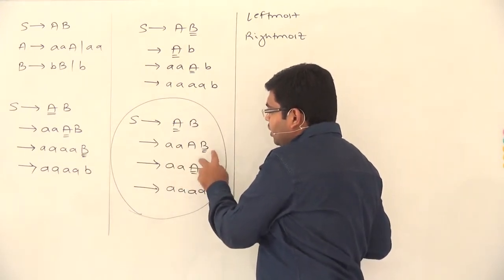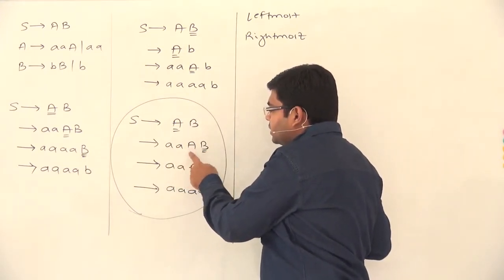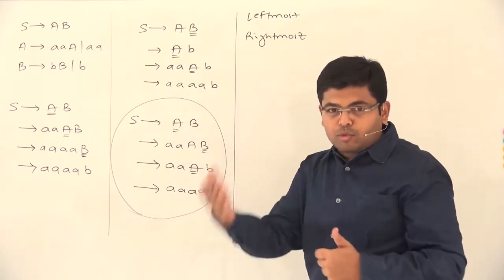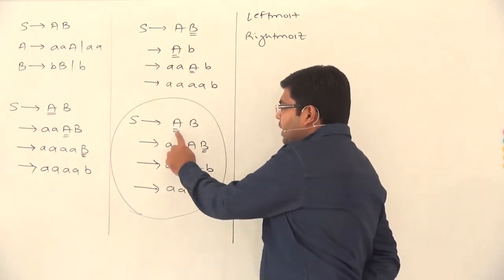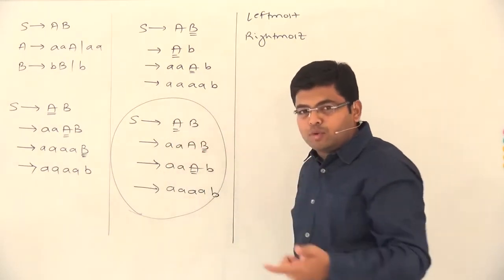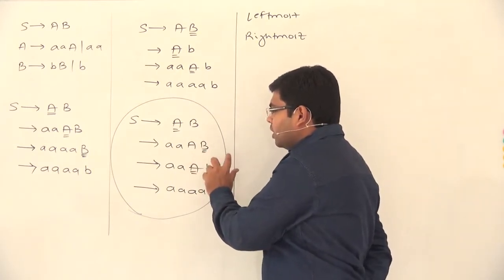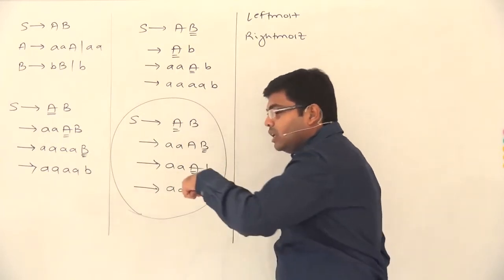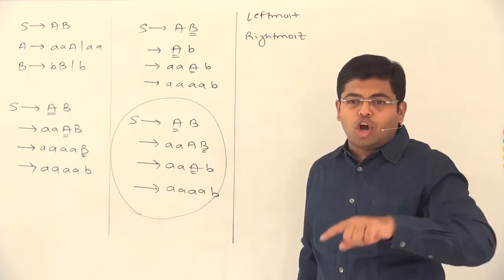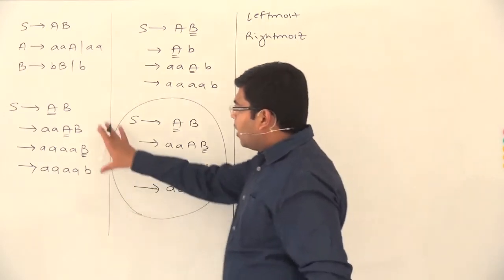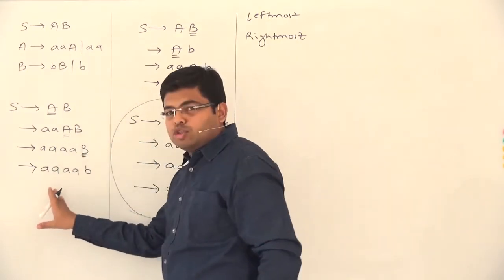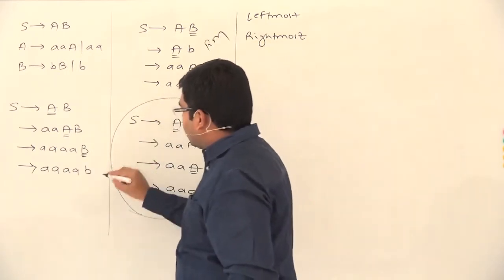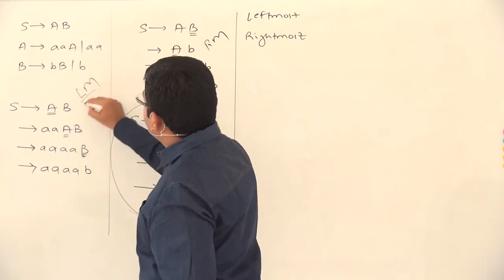Then herein, out of these two variables, we replaced the rightmost variable, and therefore this derivation cannot be called a leftmost derivation. So whenever you replace the left variable, it cannot be called rightmost, and whenever you replace the right variable, it cannot be called leftmost. That is why this particular derivation is neither rightmost nor leftmost. You can observe this derivation belongs to the category of leftmost derivation, and this one belongs to the category of rightmost derivation. So I will write Rm for rightmost and Lm for leftmost derivation.